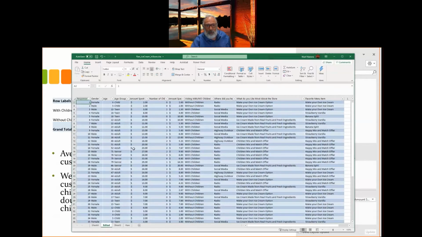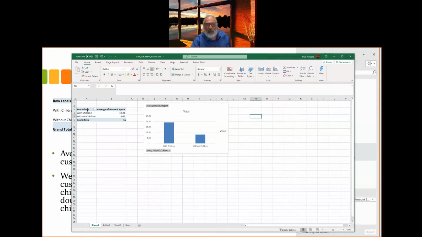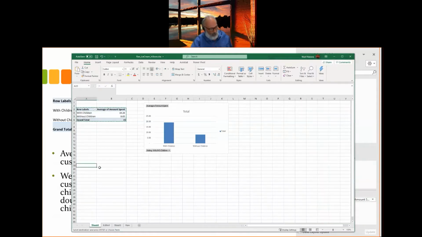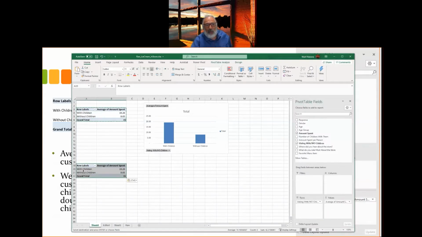So we can just go to our table here and create a new pivot table, or we can just copy this pivot table here and paste it here again and just change slightly the values. So instead of amount spent, I'm going to use age group